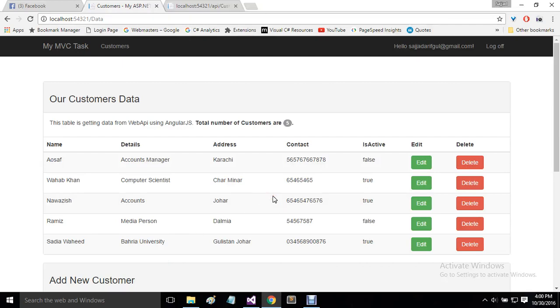Hello everyone, I'm Sajjad Arif Gul and today I'm showing you a simple application where I'm performing CRUD operation on two different tables with the help of AngularJS and Web API in ASP.NET MVC. As you can see, my application is already loaded in my browser, and first of all let me show